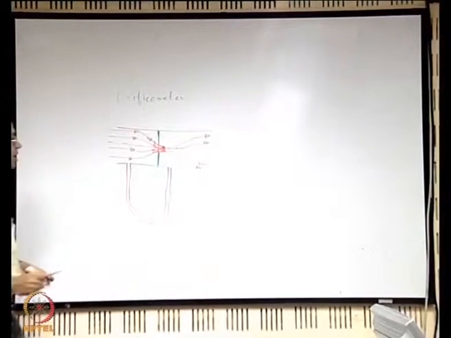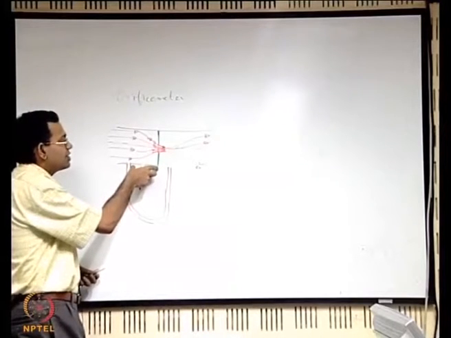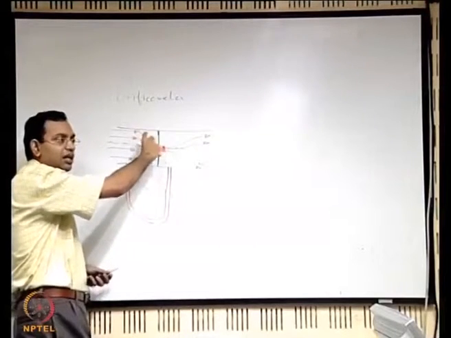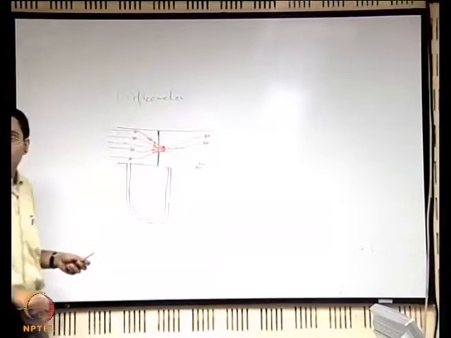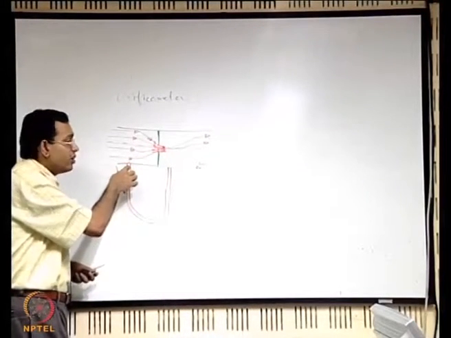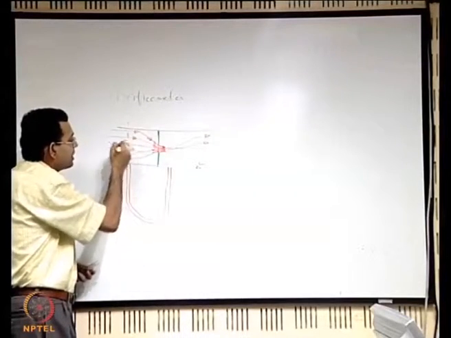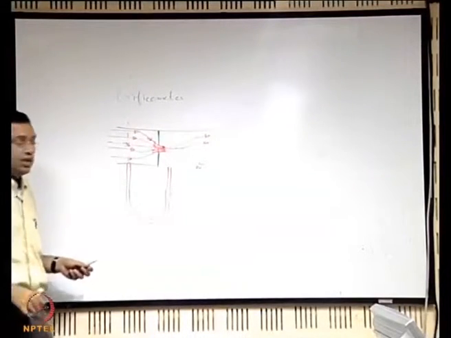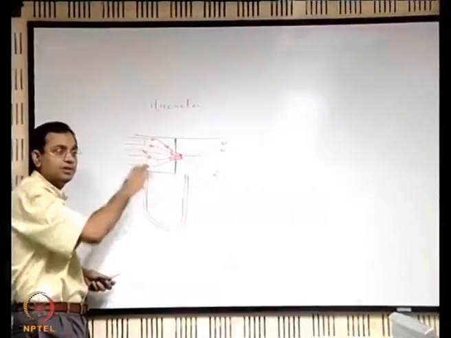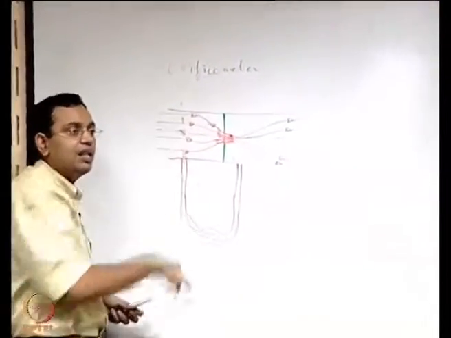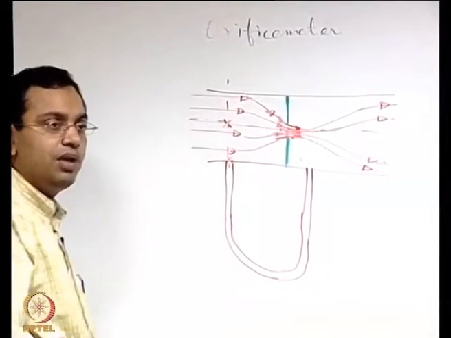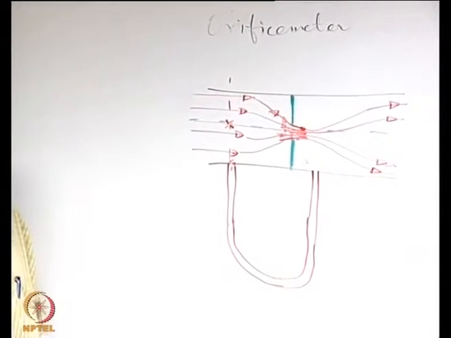Why? Here you have taken it at a distance substantial enough from here, so that the effect of the curvature of the streamlines is not important. You are actually interested in the pressure at a point which is at the central line, but at the same section. There may be a difference in these pressures if the streamlines are curved, but if the streamlines are parallel, there will not be. So the pressure read here and the pressure here will obviously mean almost the same, and the effect of streamline curvature will not change anything.